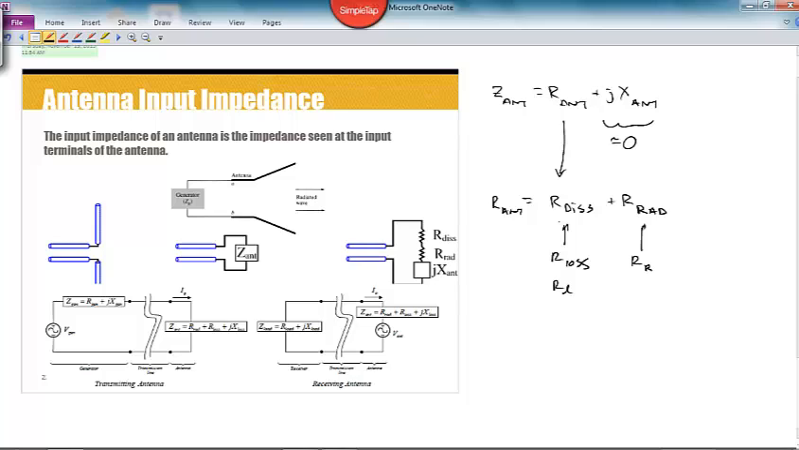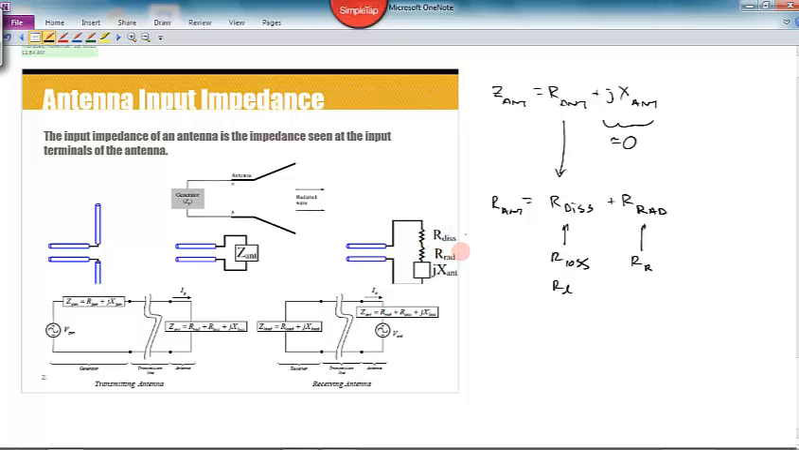Of the power that's delivered to an antenna from a generator, part of it is going to be radiated through the mechanisms of radiation that we've discussed earlier, and another part of it is going to be dissipated as heat, decreasing the overall efficiency of the antenna. That's where the efficiency calculations come from: what is the ratio of RRAD to the total antenna resistance. Sometimes we'll talk about lossless antennas where RL or RDIS is 0,